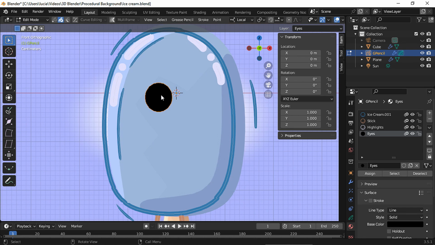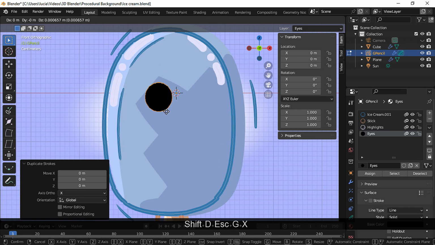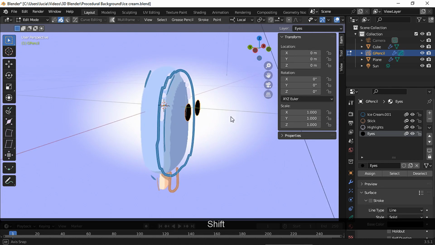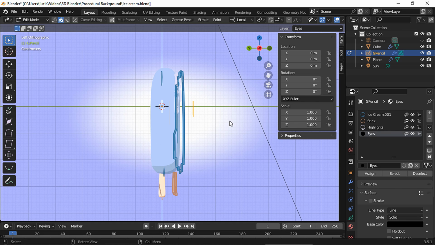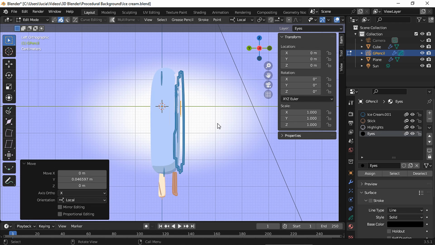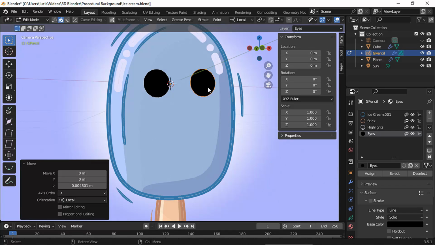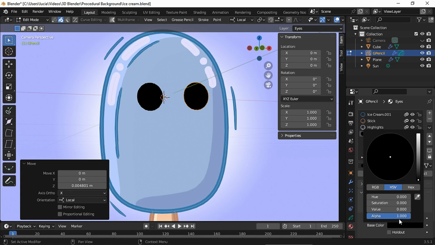In Edit mode, let's duplicate it and place it. It's too far from the model, so let's move it on the Y-axis. Let's see how it looks in camera view mode, and I'm gonna move the eyes a bit more. And let's pick a very dark blue.